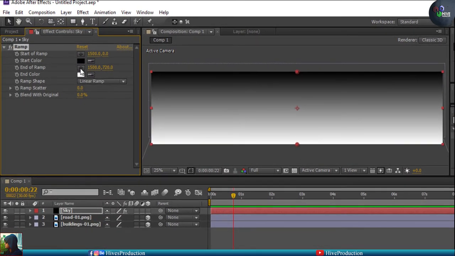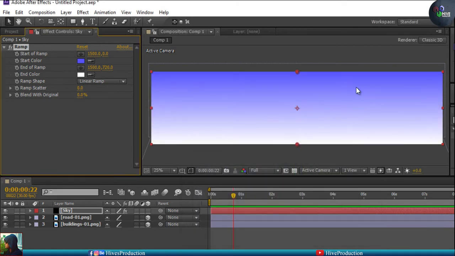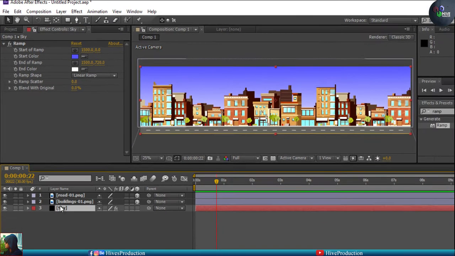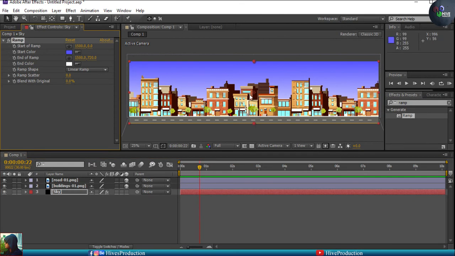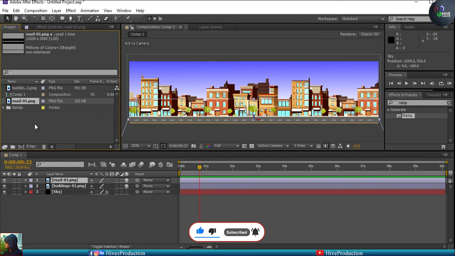I have to go to this point and find the blue color, something like that, and just turn the sky layer to the downside, and I need to play with this. So as you can see, I have created this beautiful sky as well,